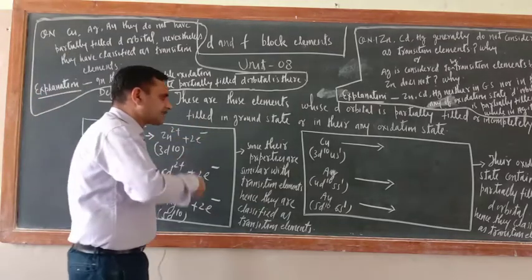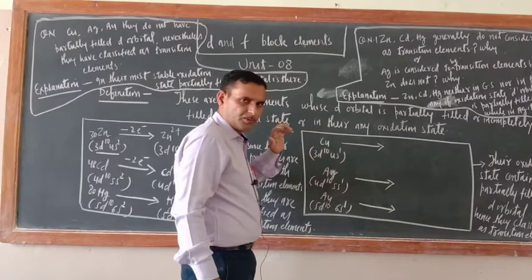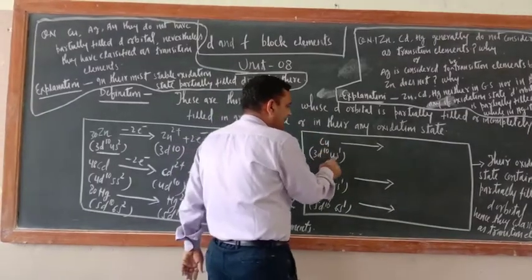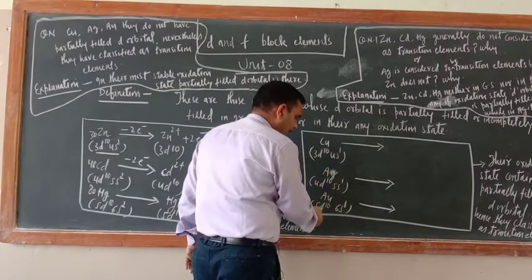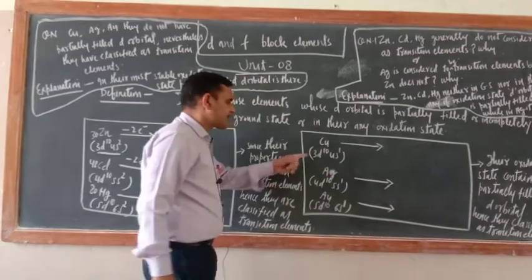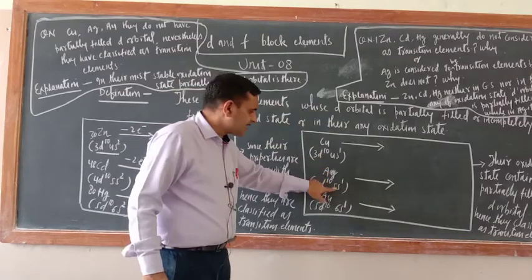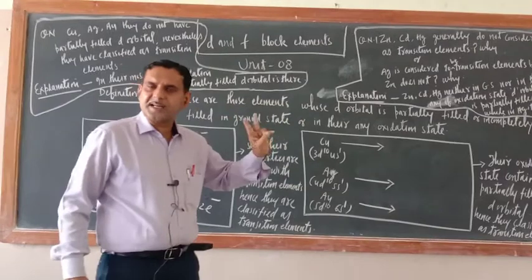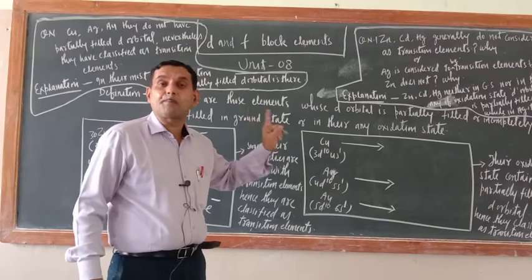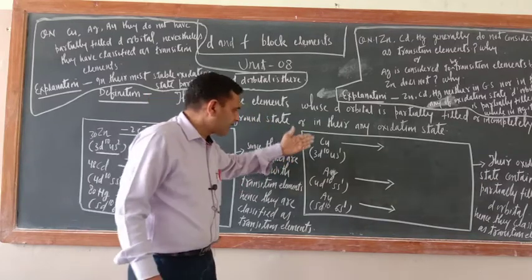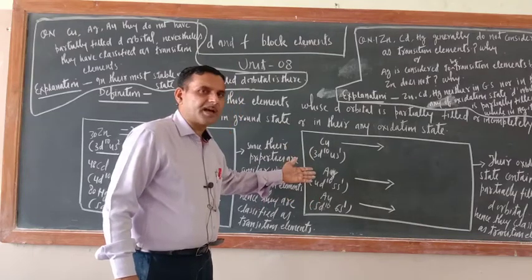Okay. Now let us enumerate the second set of elements, that is Cu, Ag and Au. Cu is 3d10 4s1, Ag 4d10 5s1, Au 5d10 6s1. So just see, this is the ground state. Remember, we should not consider the s orbital. What is considered to be a transition element? Their d orbital must be incompletely or partially filled. So in the ground state, in Cu, Ag and Au, a partially filled d orbital is not there.